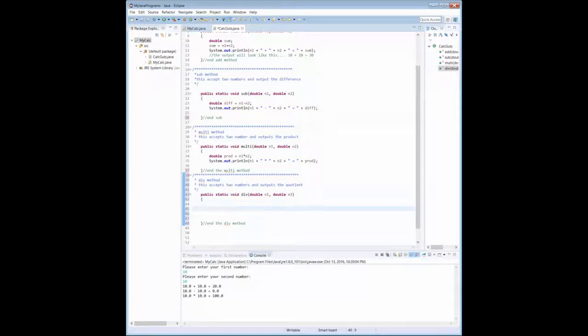Okay, so this is called a quotient. So I'm going to say double quote, and we're just going to leave it at that, double quote. We're going to say if n1 is equal to 0. Well, if that's the case, send that out, print on, you cannot